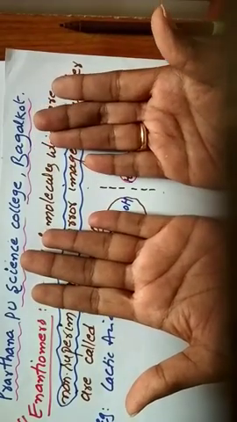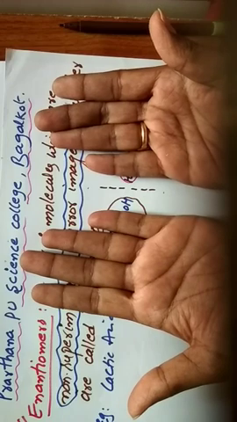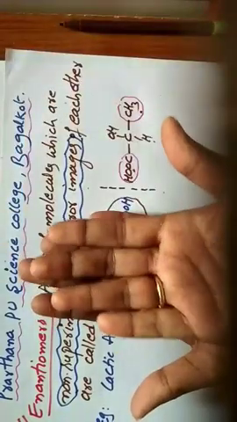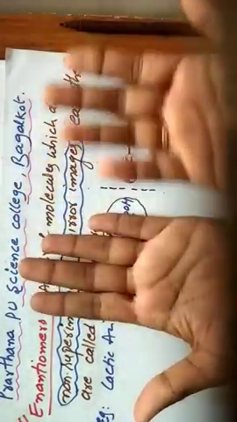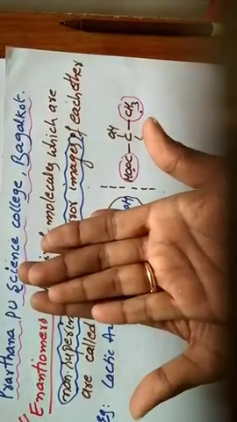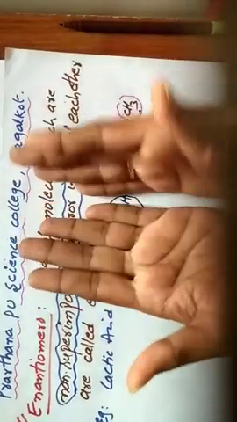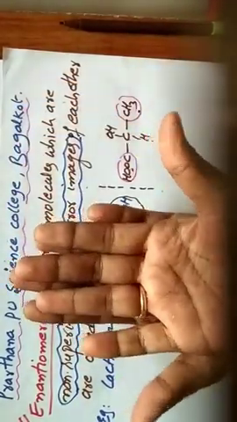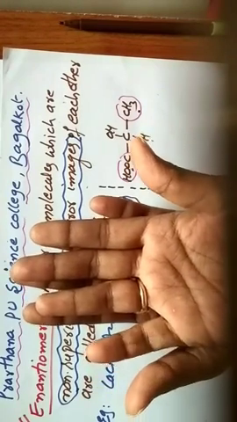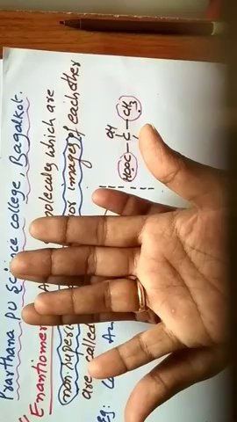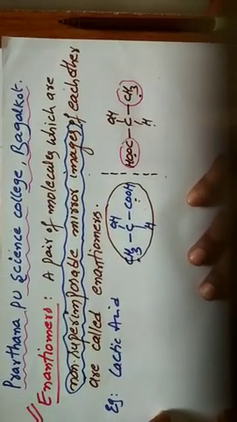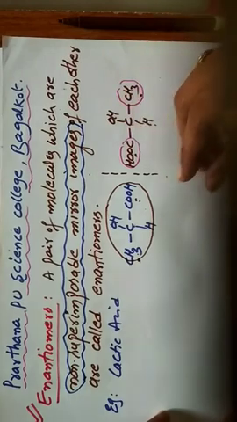So if you have to check superimposable or non-superimposable, take any one molecule and place it exactly on the other molecule, not folding. Folding is not correct. In this case, different groups are present on different groups or atoms, so it is non-superimposable. These terms, superimposable, non-superimposable and enantiomers, frequently come up in chemistry.